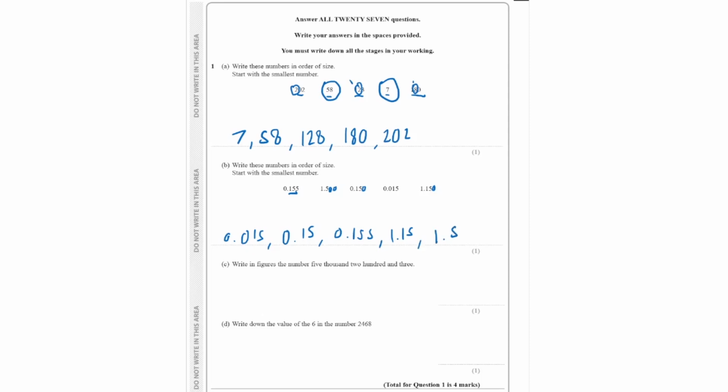C. Write in figures the number 5,203. So when dealing with figures, we simply have ones, tens, hundreds, and thousands. So let's start from right to left. What's given? We're given 3, so we'll write here 3. Tens are not given, so we write 0. Hundreds is given as 2, so we write here 2. And thousands is given as 5. So our final answer is